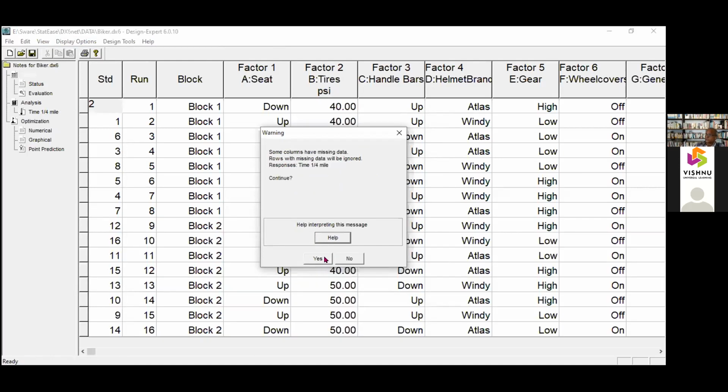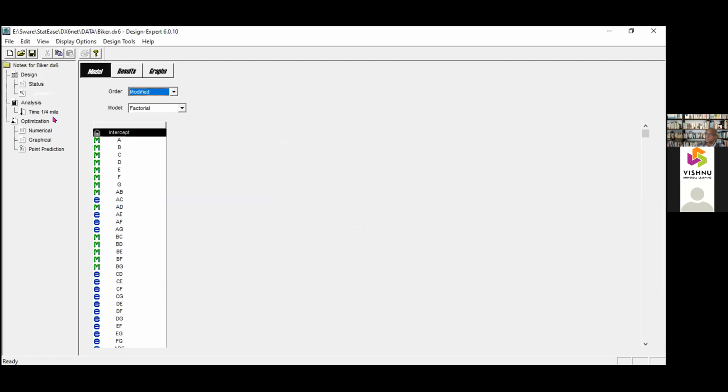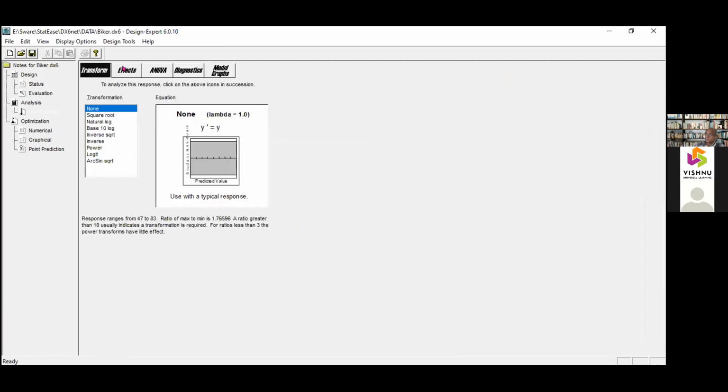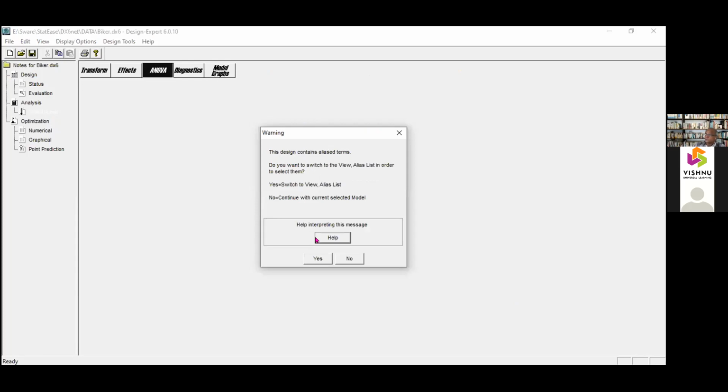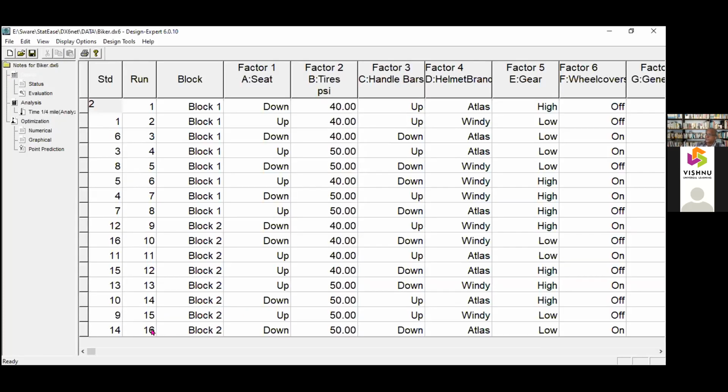Some columns are missing. You can't do the analysis now. You have to do the experiment first. So like that, from 8 runs, you have now reached 16 runs.